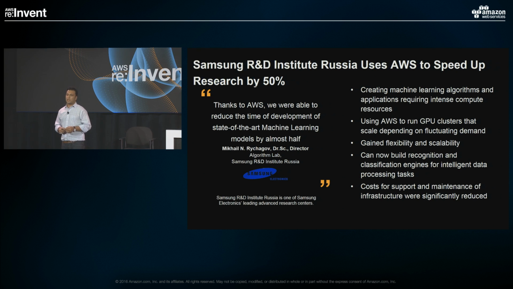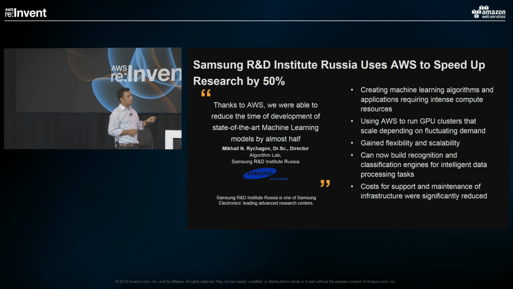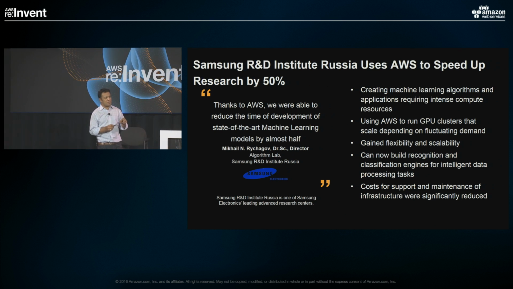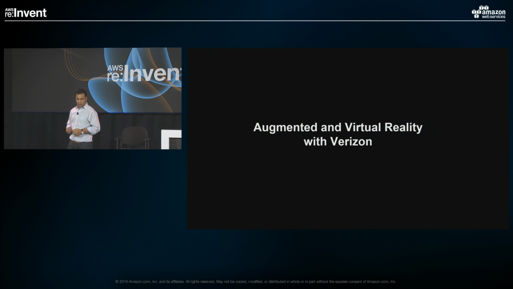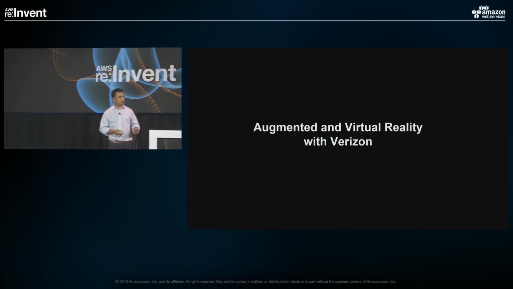And I think the most important thing that happened for them was they reduced their machine learning algorithm development time by 50%. And that was really the big win for them. Because instead of investing money in buying GPU hardware and not being able to scale it, they chose to use AWS GPU instances. For the next example, the example on virtual reality, I would like to hand it over to Christian, who will talk about how Verizon developed their platform on